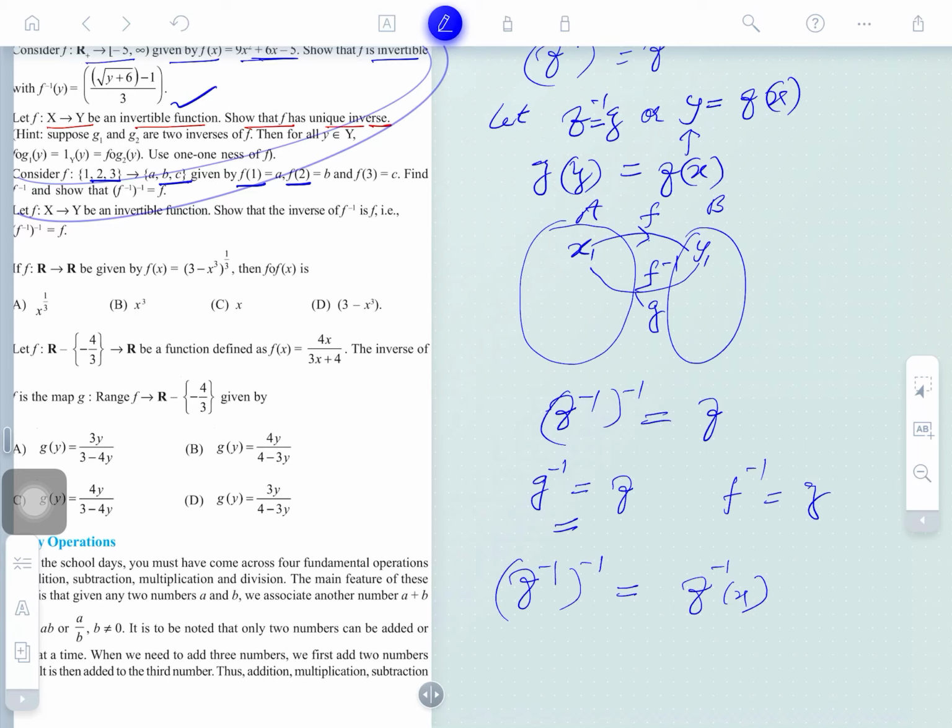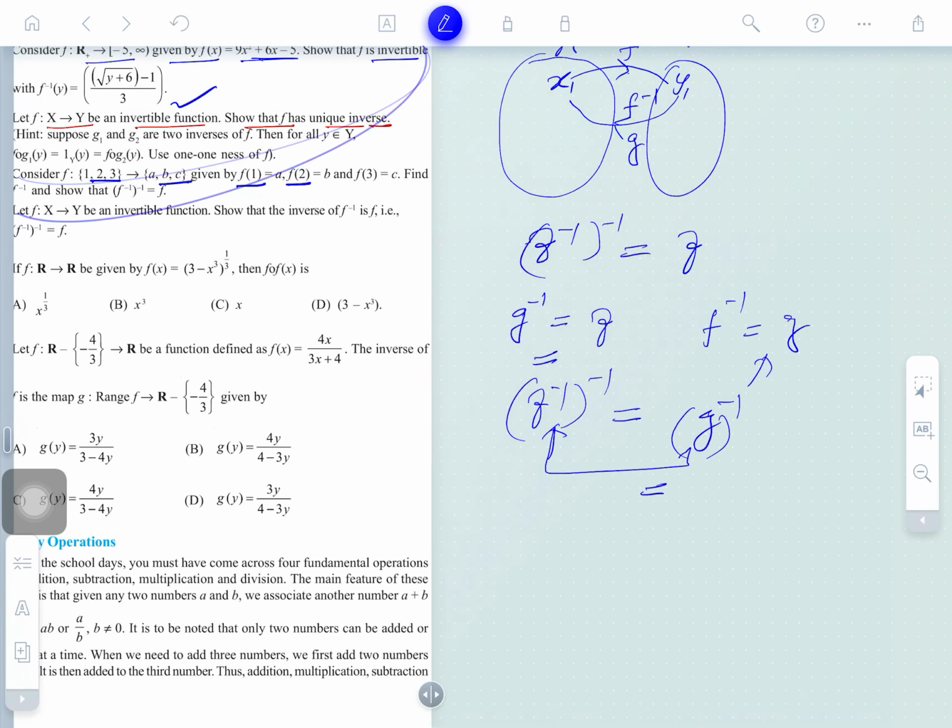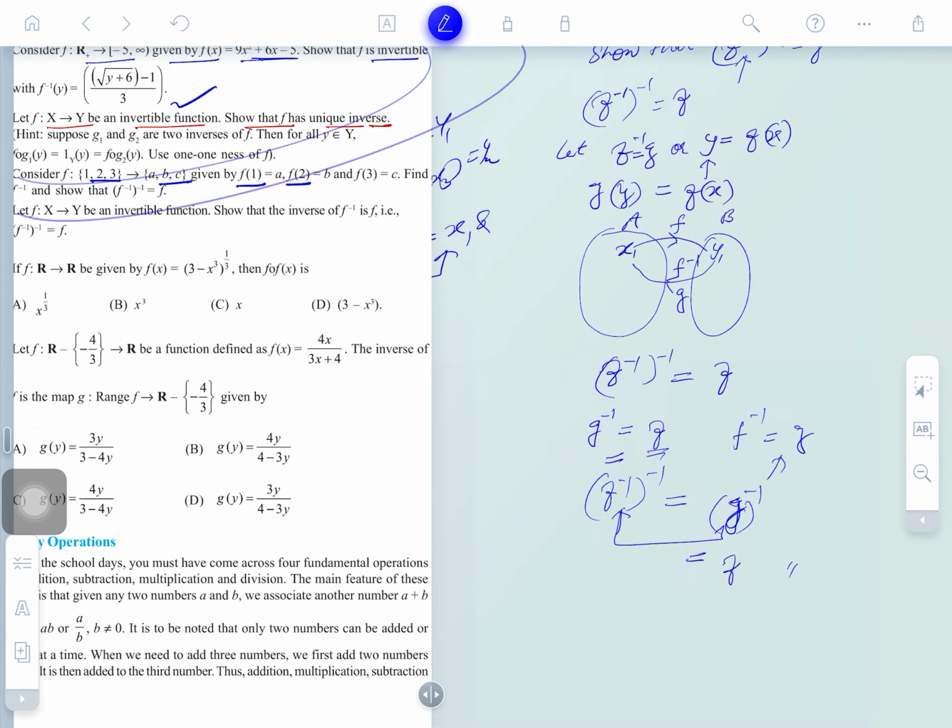So listen guys, what I am telling you to g, here look please, f inverse of inverse, this is that here. So what is f inverse? You may see the f inverse is equal to g. Is that clear or not? In the place of this you will write g here, and in the place of this what next will be here please? Right, g inverse. And what is the g inverse? You may see here the g inverse is equal to f. So you can also prove here with the help of identities, okay guys. So simple it is, you can just prove here with the help of that.